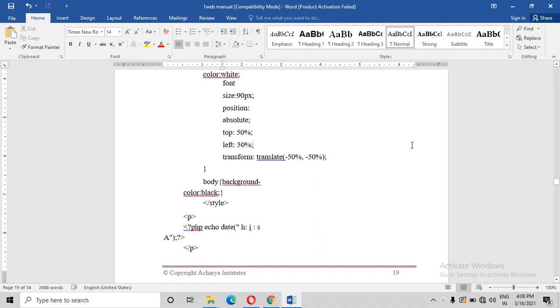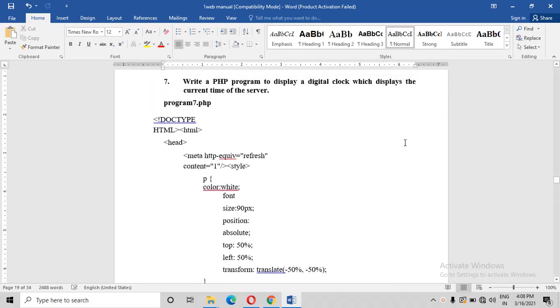Yes, dear students, I'm going to explain the seventh program. You can see the question: write a PHP program to display a digital clock which displays the current server time. The sixth program is a PHP program, and the seventh program is also a PHP program, to display a digital clock which digitally shows the hours, minutes, and seconds, displaying the current time